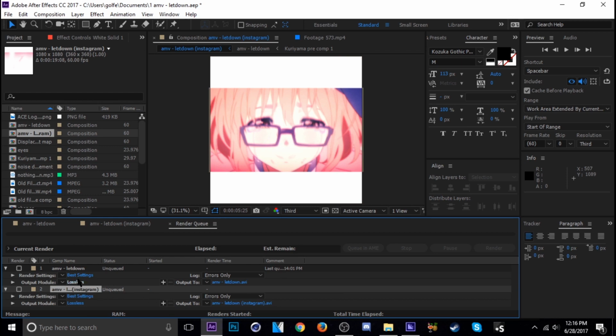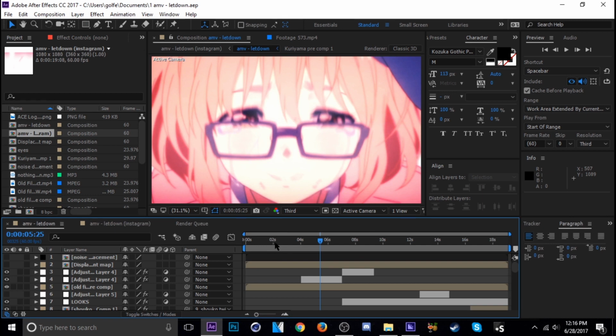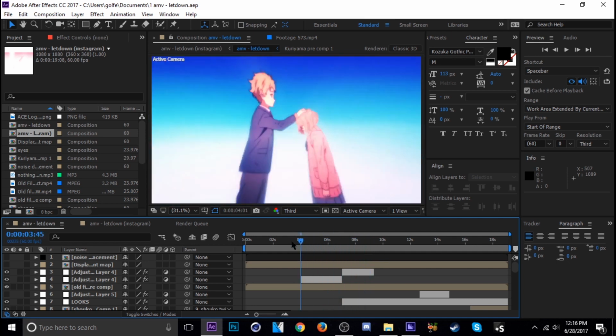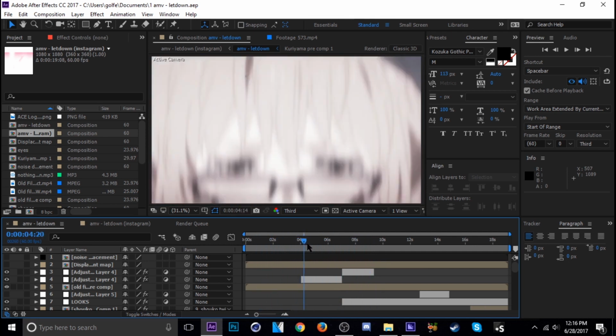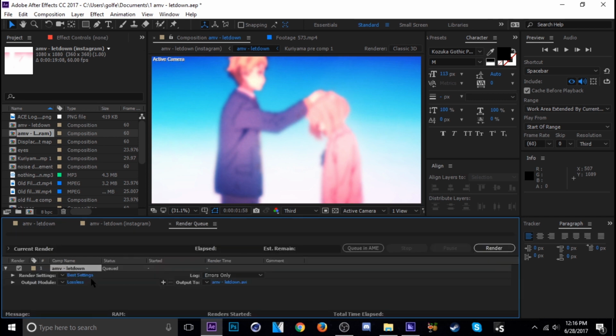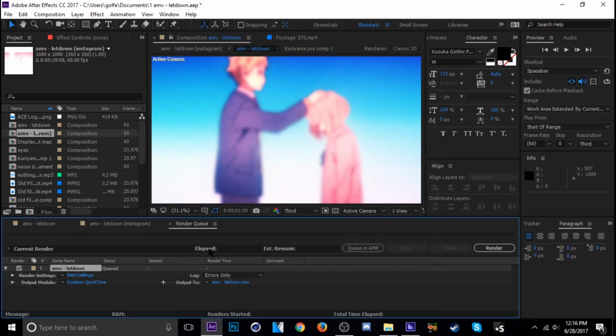So the next way that I used to do, but I don't really recommend anymore, is I used to render it out in After Effects. Well, it's not terrible, it's just the file size comes out really big. But let me just show you how to do that if this is your only option. So you hit Control M like normal, but then you want to change your output module to QuickTime. Okay, and that'll do MP4 format for you,